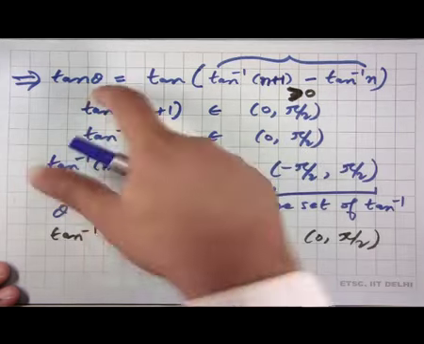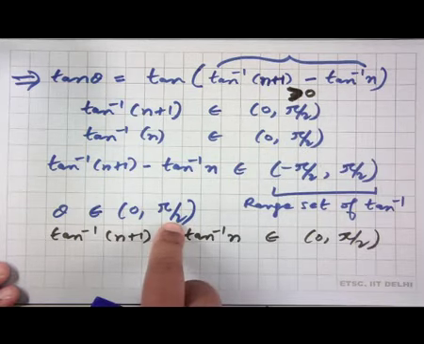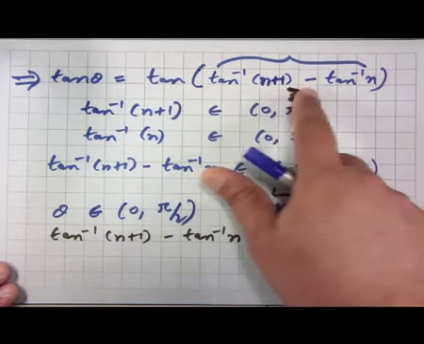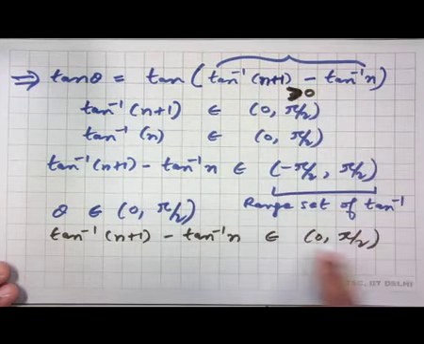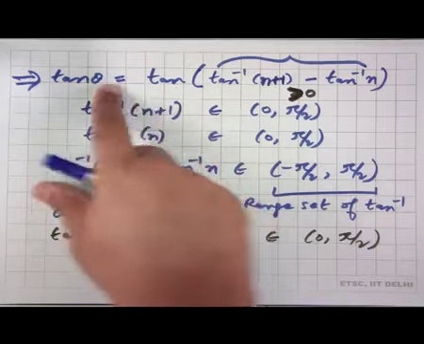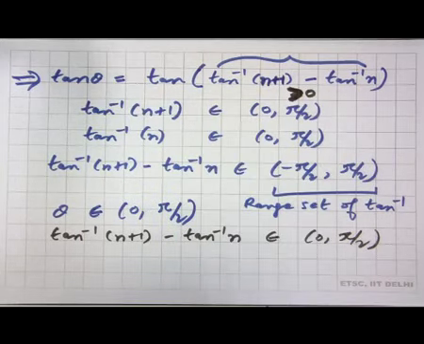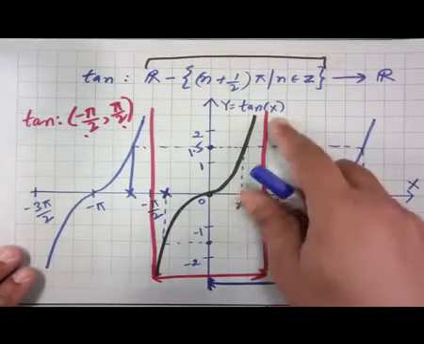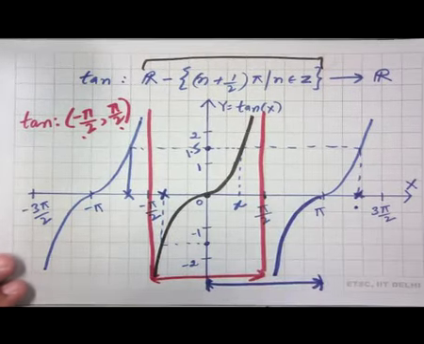We know that theta must belong to the open interval 0 to pi by 2, and we also know that this value, tan inverse of n plus 1 minus tan inverse of n, should also belong to the same open interval 0 to pi by 2, and these two values, tan of theta and tan of this angle, are the same. Now, going back to the curve for the tan function, we know that in